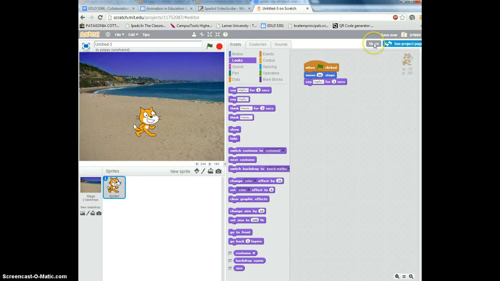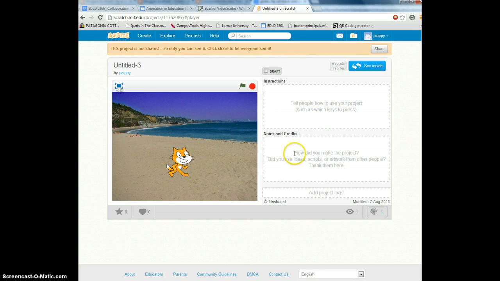When you're finished, you can share it, save it. You can go to the project page, which is what your page will look like. Since it's free, there are some conditions that they would like you to make sure to credit whoever. If you take an image from somebody, you can import images off the web. If you take that image, you want to make sure that you credit the person you took it from,